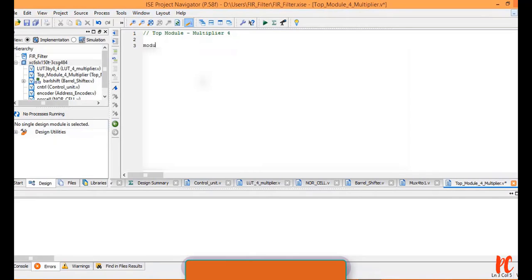Let me start with module multiplier_4 of. Within the port list, let me keep the output as AX. Output, which is an 8-bit representation, so I am mentioning it 7 down to 0, AX. Input, which is a 4-bit representation, so I am mentioning it 3 down to 0, X, followed by wires.